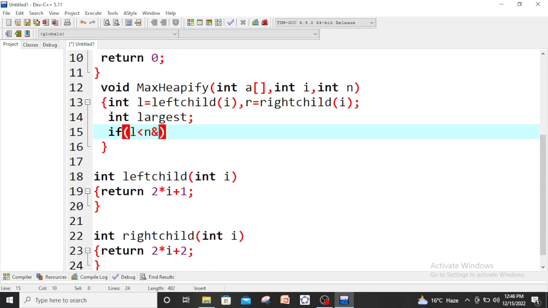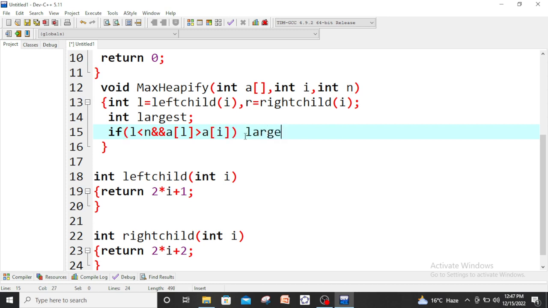Thereafter there will be the second condition, A[L], the value at the left child, suppose it is greater than the value at the node, then